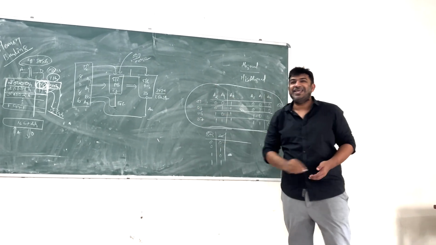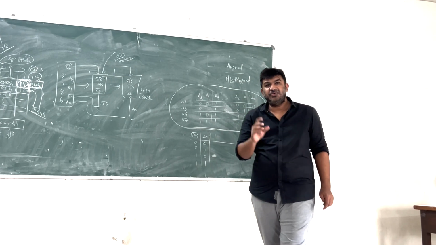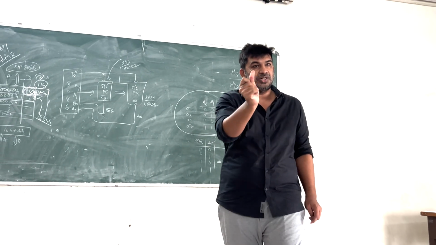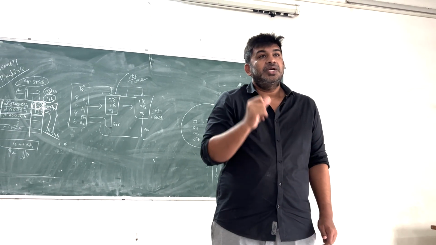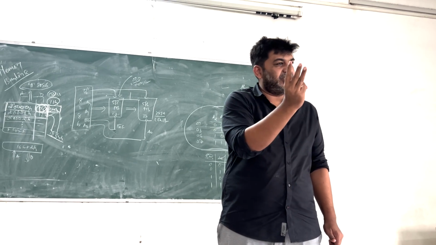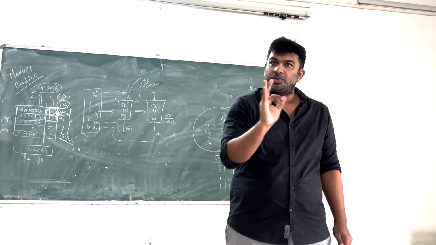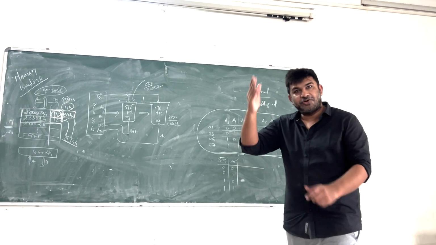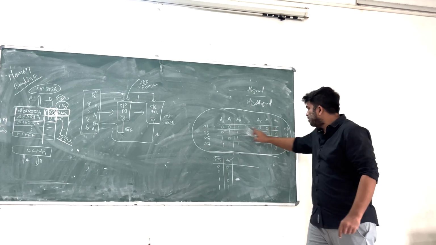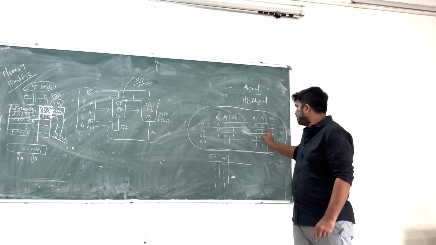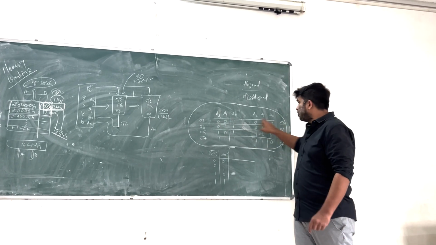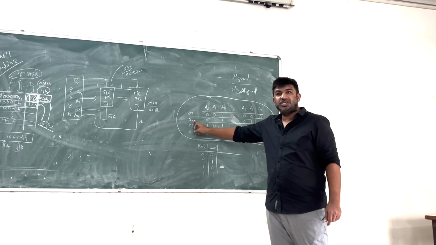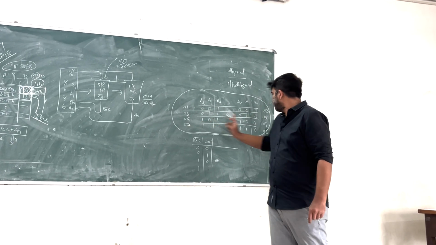Suppose I am having memory which contains only 8 locations. How many locations? 8. If you want 8 locations, 3 bits are enough: A0, A1, A2. Yes, 8 combinations: 000, 001, 010, 011, and so on, 0, 1, 2, 3, 4, 5, 6 and